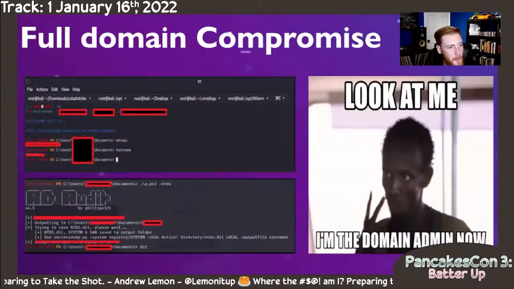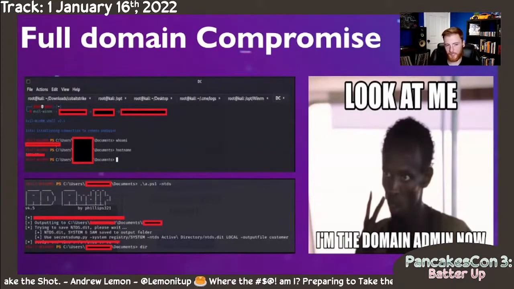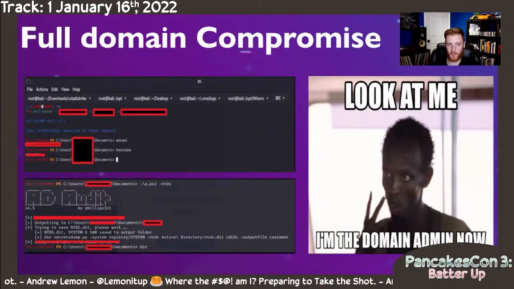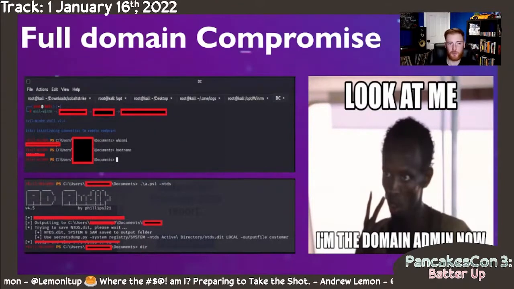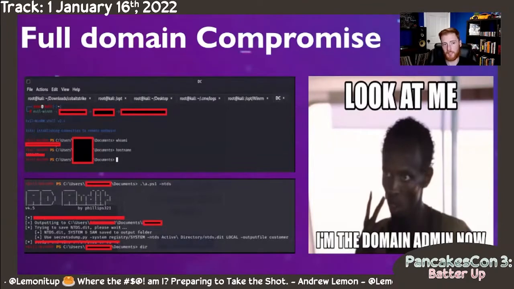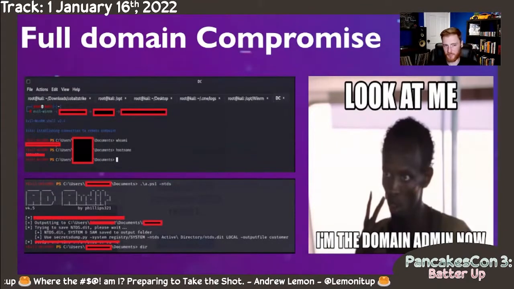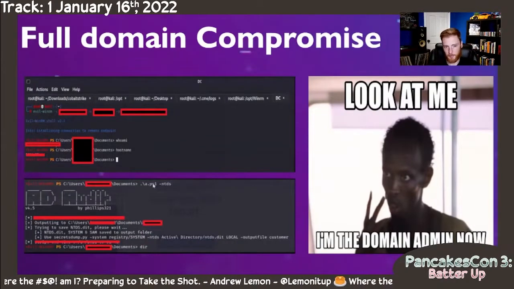Okay. Now we've got full domain compromise. So from here, I'm the domain admin. I could RDP. Again, I try to stay under the radar. This is where that WSMan comes back in, WinRM. So I'll use WinRM and Evil-WinRM to get to that machine. Once I get on that machine, there's any number of things that I can load with WinRM. I can drop files. So I drop this a.ps1, and then I execute